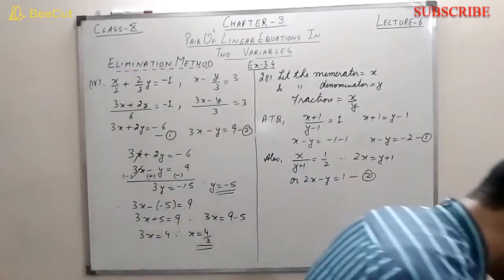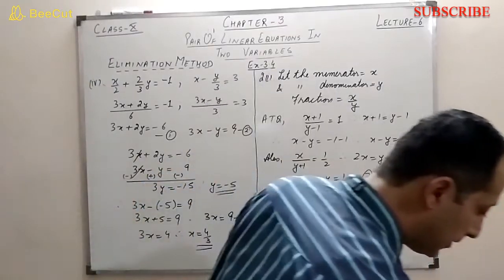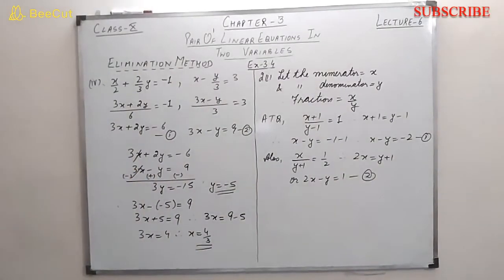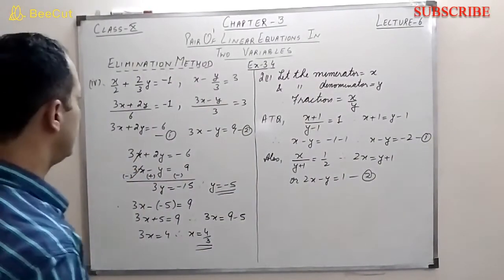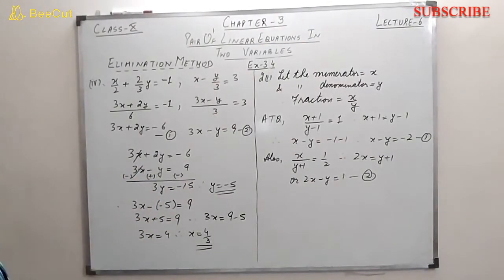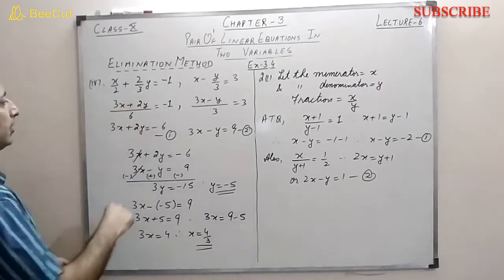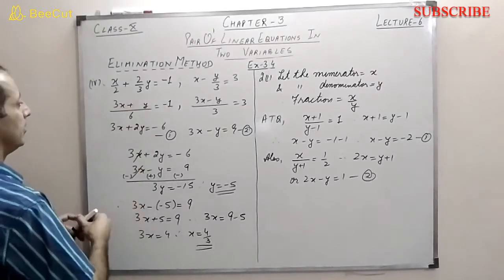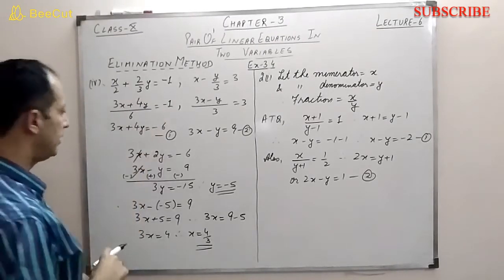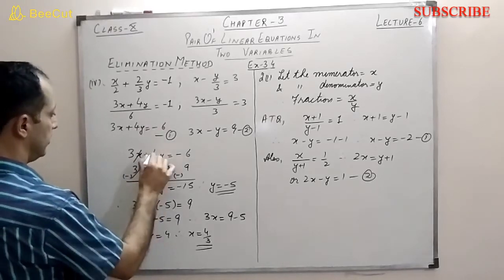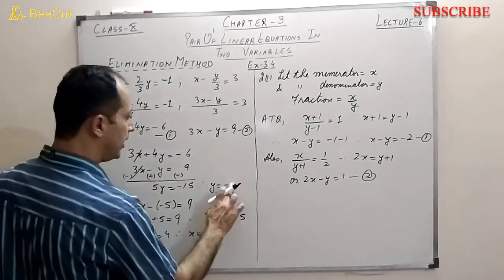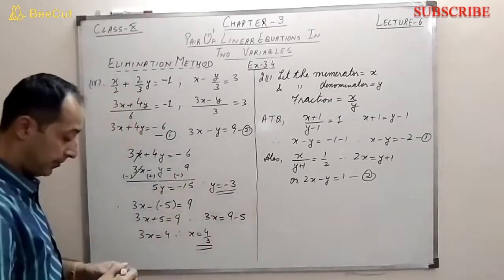Alright, let's go to the next part. Before we go to the next part, a slight correction has to be done in the previous part of the first question. There was a slight mistake in this. When we are taking the LCM here, what should be coming here? It should be 4 here. So just correct it out. We take 4 here, then we take 4 here also. Now this becomes 5y. So the value of y comes out to be minus 3, right?